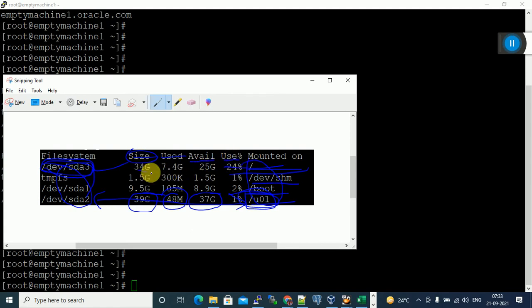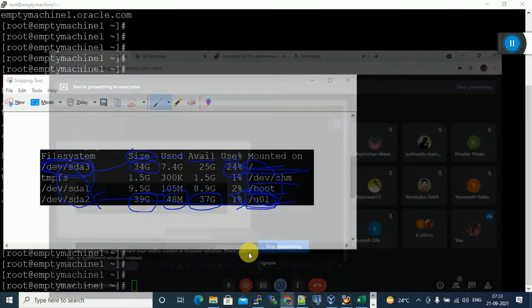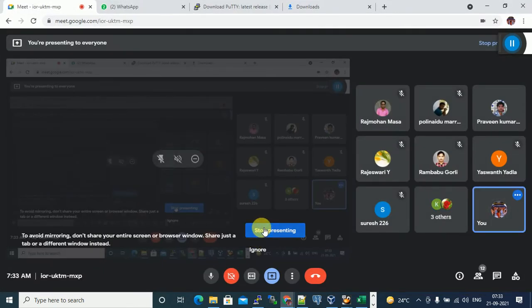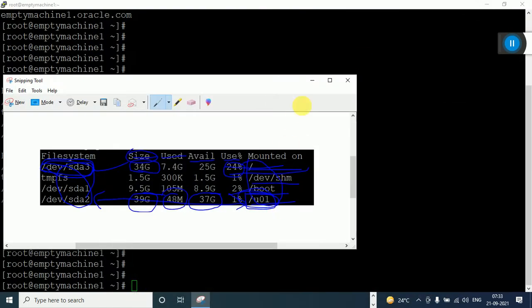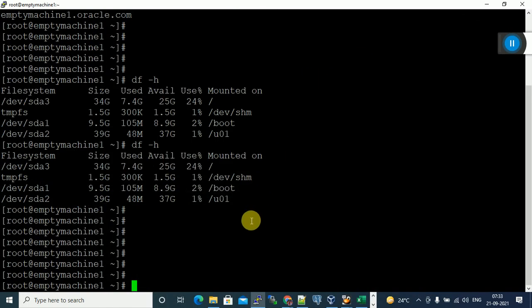Out of 34 GB, what percentage is utilized? 24% as of now. Are these mount points clear? Any doubts? Don't worry, we use these commands daily. We'll discuss daily, and if you have any doubts, ask.